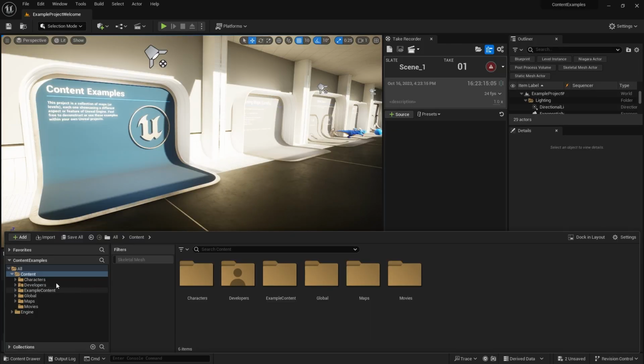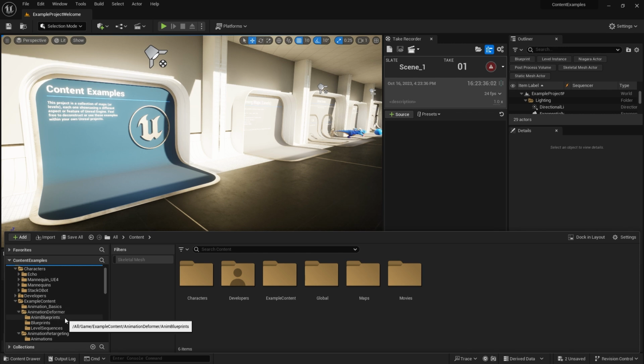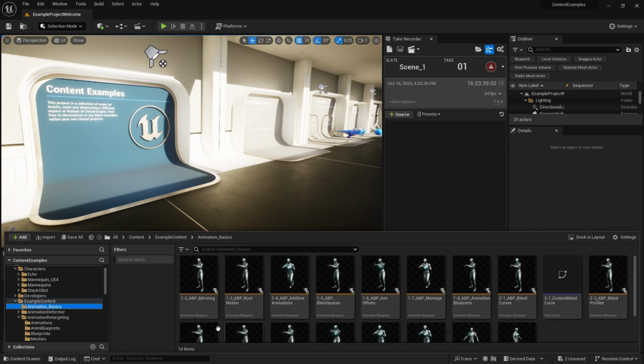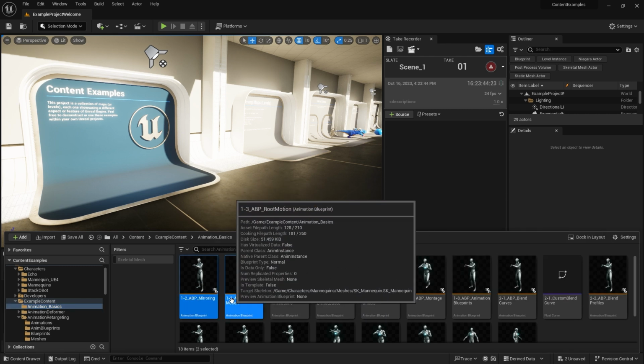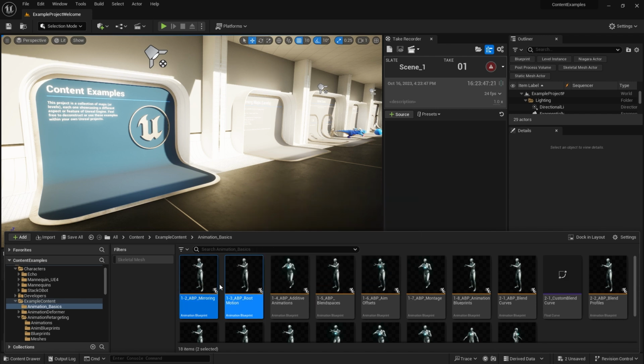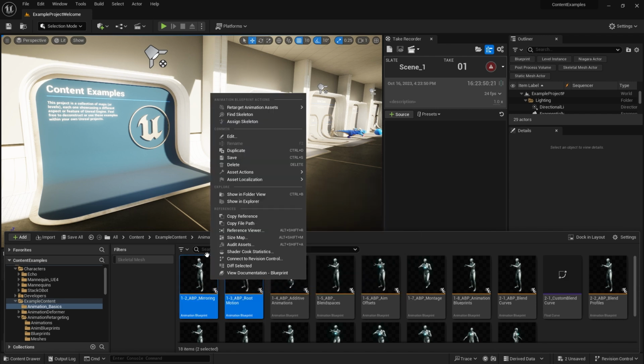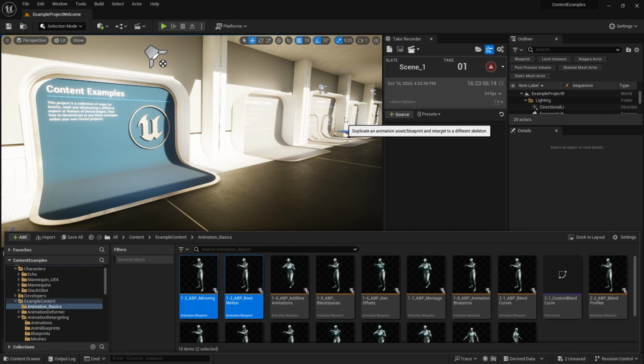Another thing I would like to highlight is our duplicate and retarget window. Let's say, for example, instead of having to play all of the animations in your retarget editor and select them one by one and export, and then do the operation again and again, you don't actually have to use the retarget editor. You can, if you want to, go into your content browser and select any number of animation assets. In this case, I'm going to select these two animation blueprints. If we were to right click, retarget animation assets, duplicate and retarget animation assets slash blueprints,